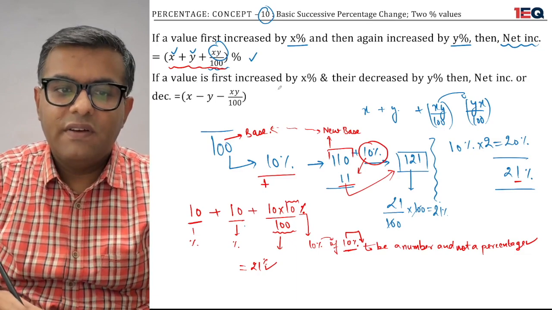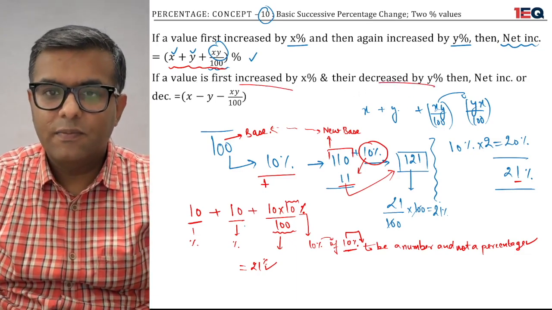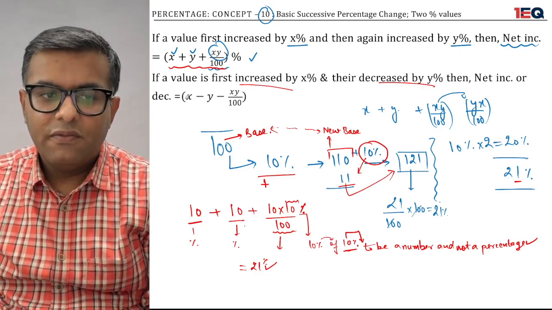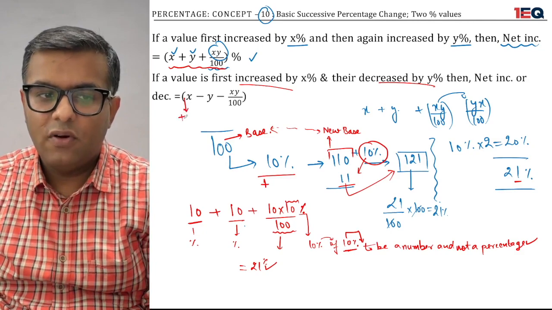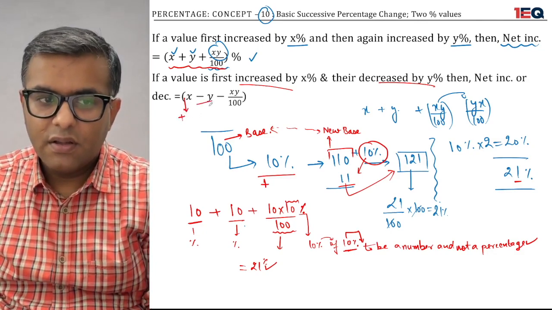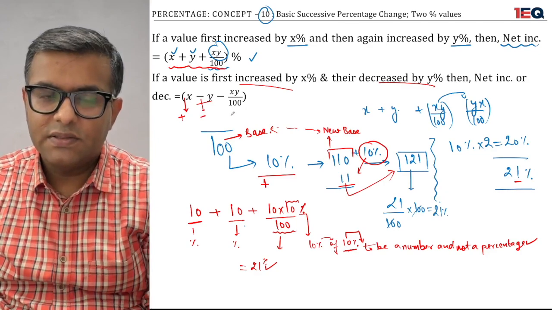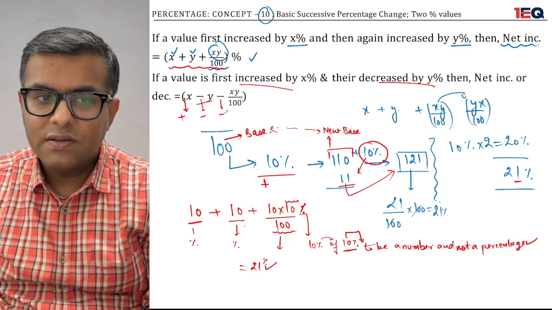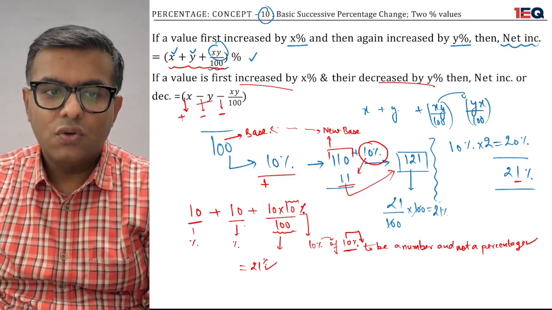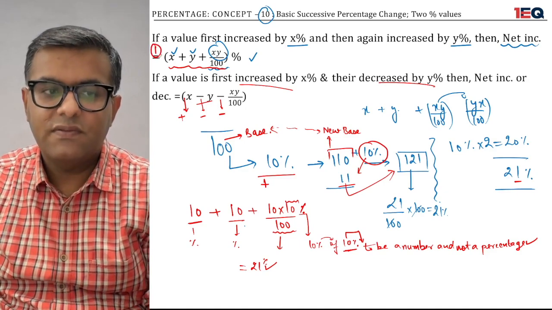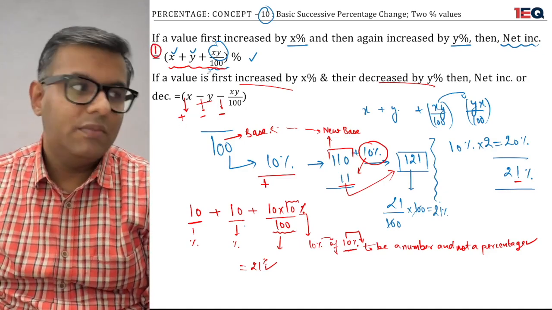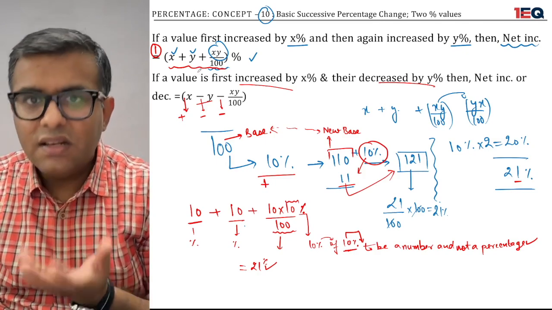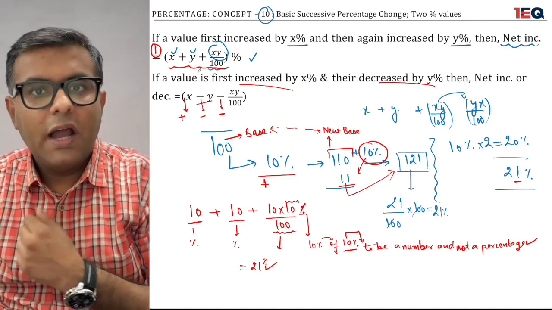Also, if the value first increases and then decreases, then the first symbol over here is by default plus. If there is a decrement, then by default this symbol becomes minus. And when plus and minus are multiplied together, the default answer is minus. So if you remember just one formula, this first formula, you don't have to remember any other formula because you can easily play with the signs, the positive or the negative sign, and still achieve your goal. I hope I'm making myself very clear.